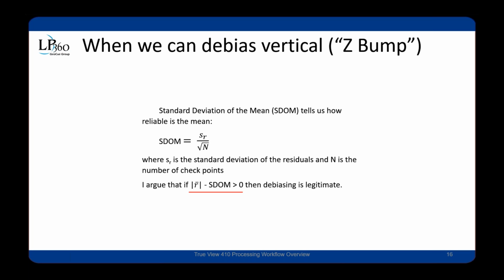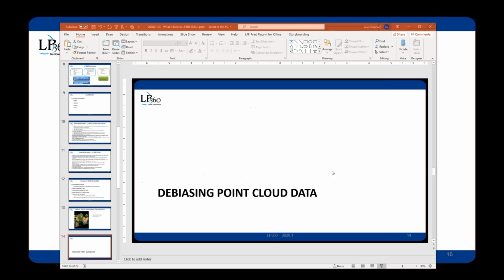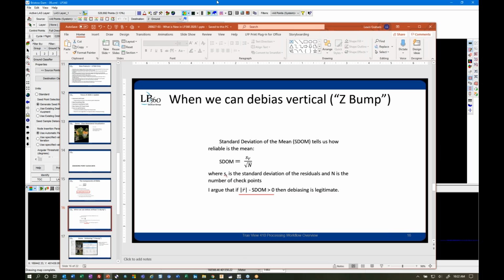So anyway, this gives us a really nice mathematical justification where we just argue that if the bias, that is the absolute value of the mean of the residuals, minus the standard deviation of the mean is greater than 0, then it's legitimate to debias. And that sounds a lot more complicated than it is. Let's go back to LP360